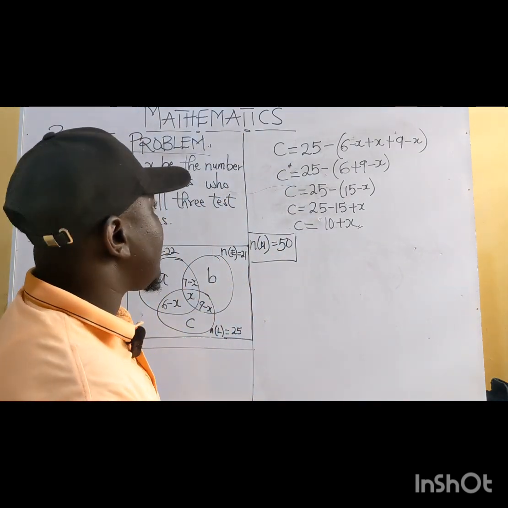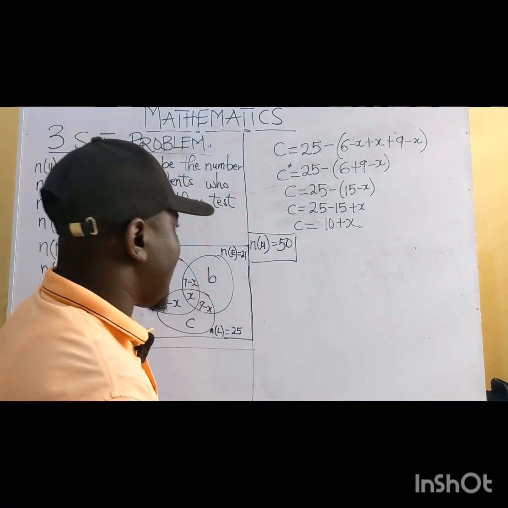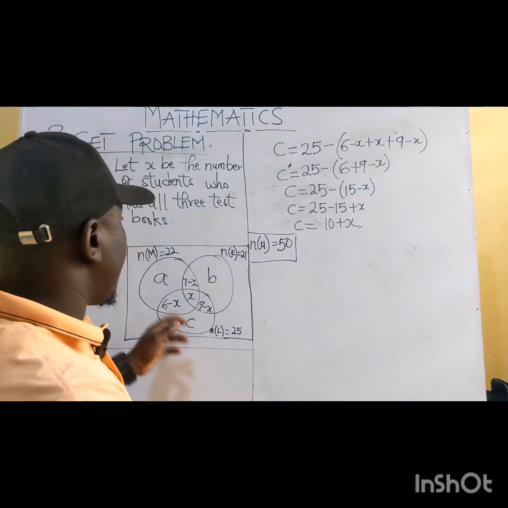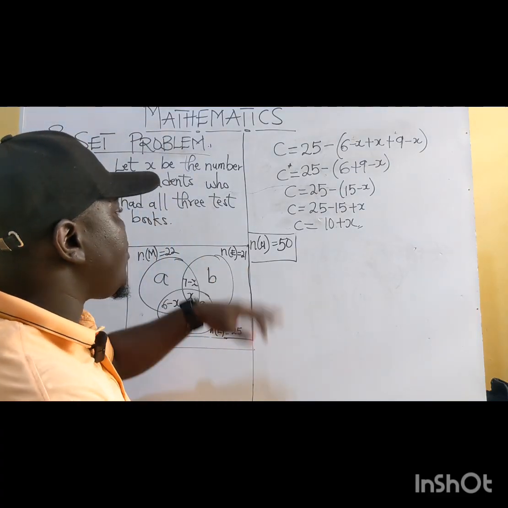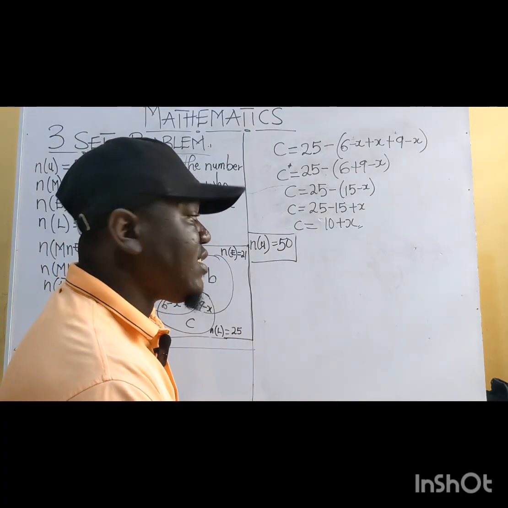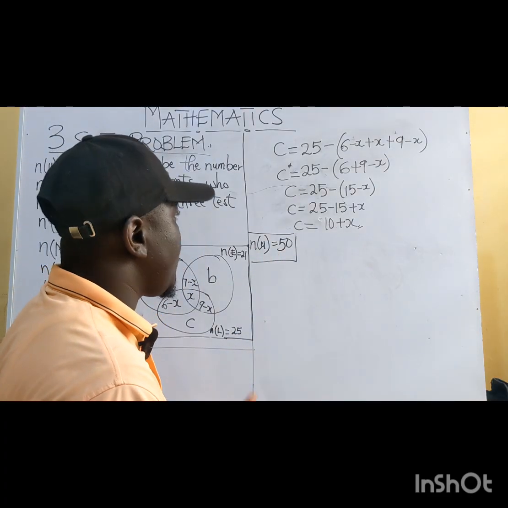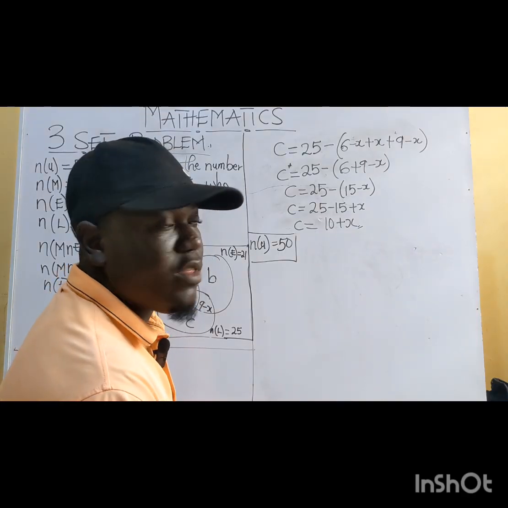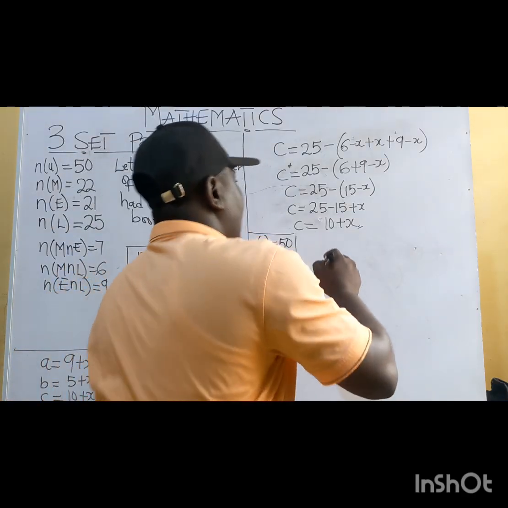So moving on, we now move on to solve for our x. How do we solve for x? We know that when we add all the regions, it should give us the value for our universal set, which is our number of u. I believe you are with me. And so we are going to have